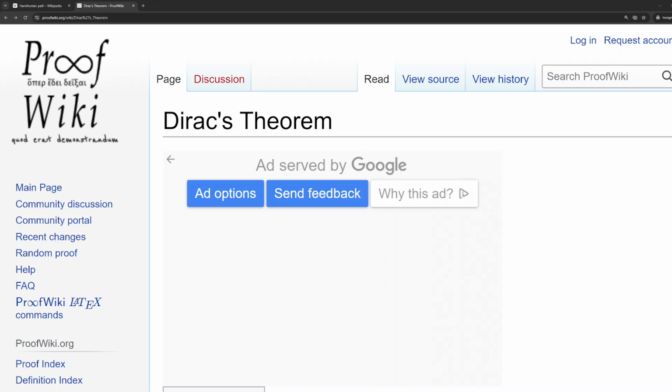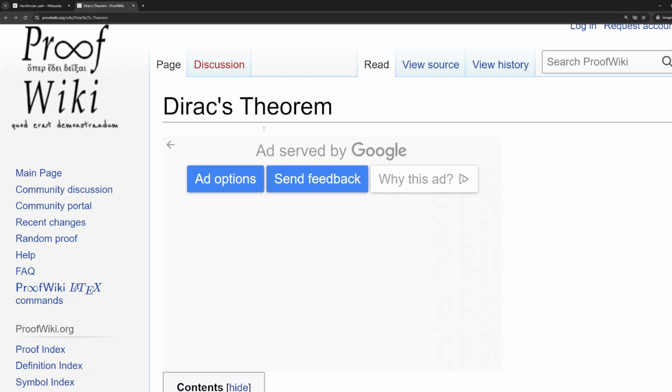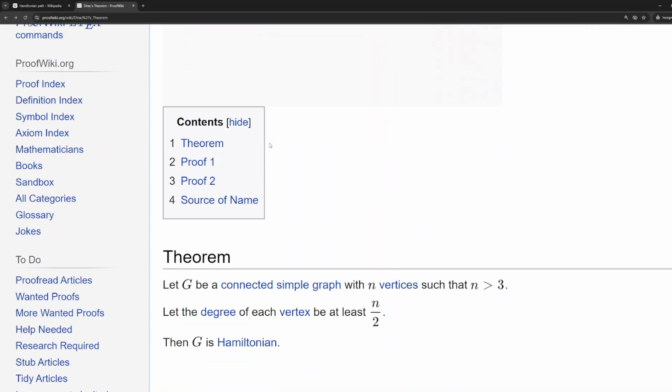Okay, in this video I'm going to talk about the incorrect proof of the Dirac theorem on this website. There is this website ProofWiki, and it contains proofs of various theorems. When I was preparing for a video about Dirac's theorem about Hamiltonian graphs, I was reading this page, and